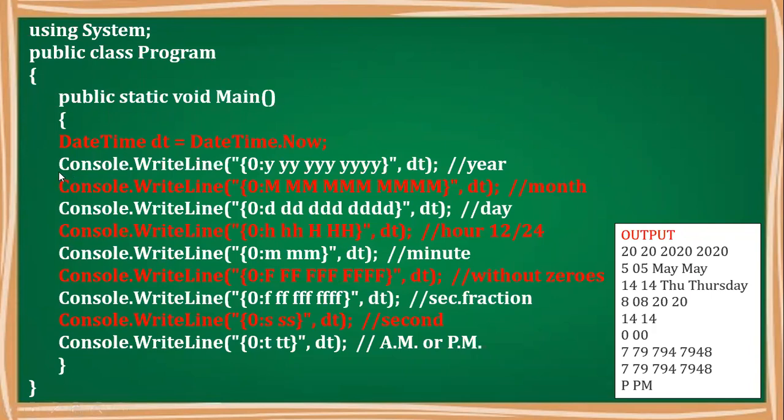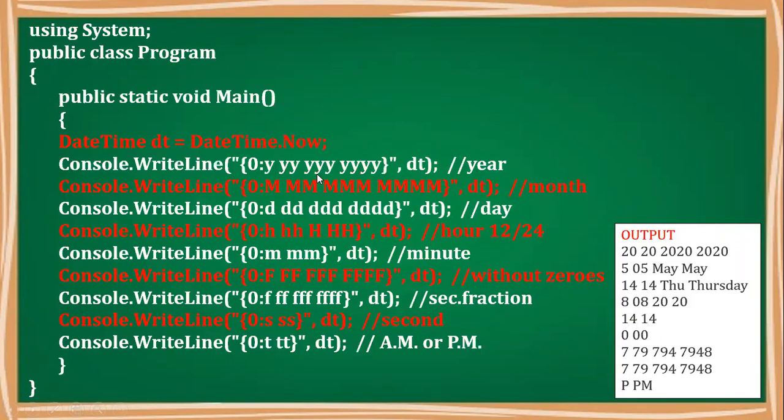So first concentrate again on the first line of Console.WriteLine. After 0 colon, we have written y. That y stands for year, and you know that the year value is supposed to be in 2 digits or 4 digits. So even if you are writing single y, it will print 20. You can see in the output. Even if you are writing double y, the second parameter, after the second space, where you have written double y, again it will give you 20.